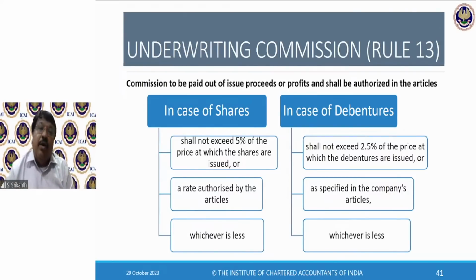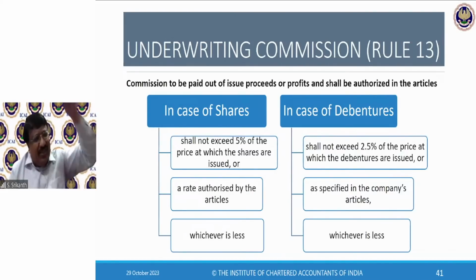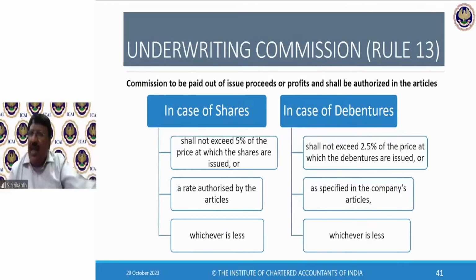Suppose in one year, I do 20 or 25 underwritings, and 2 are devolving, there is a huge profit now. And even there, I might not lose. Or even if I lose a little there, it will still be a huge amount for me. So this is the logic of underwriting. I have explained this to you in detail so that you will understand how it works. That is not relevant from the exam point. It's good to know the background. If you don't know this, you will be reading without understanding what it is.